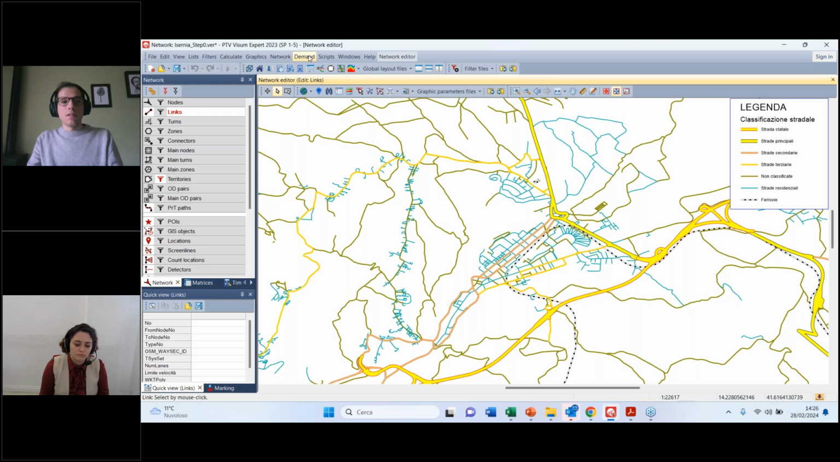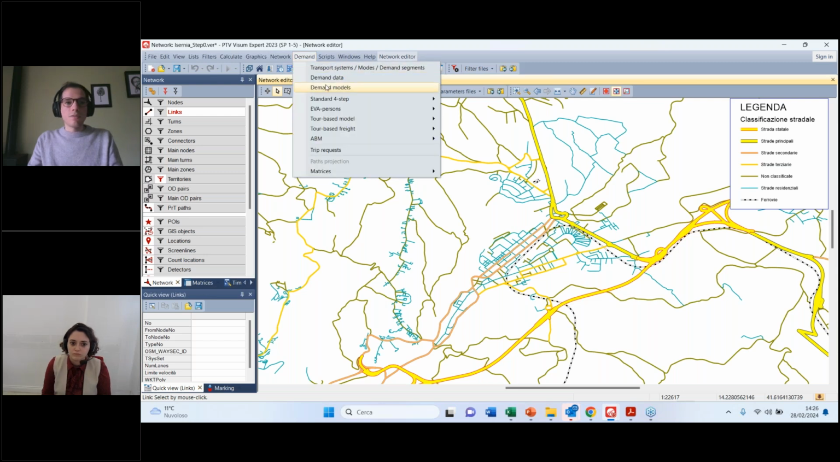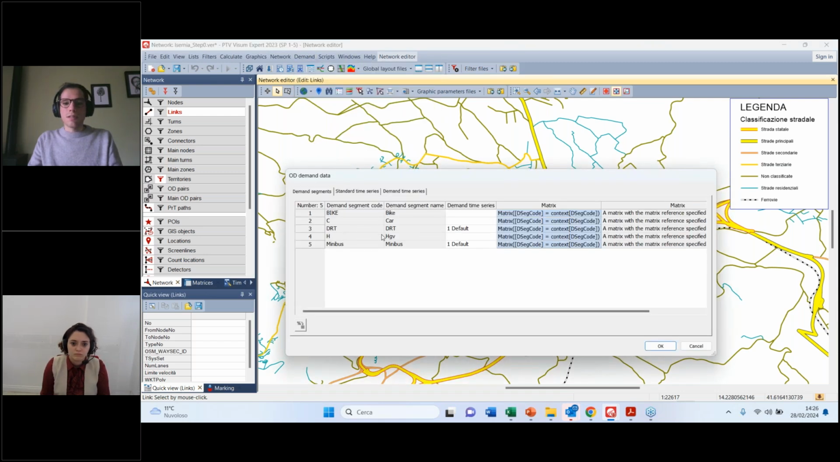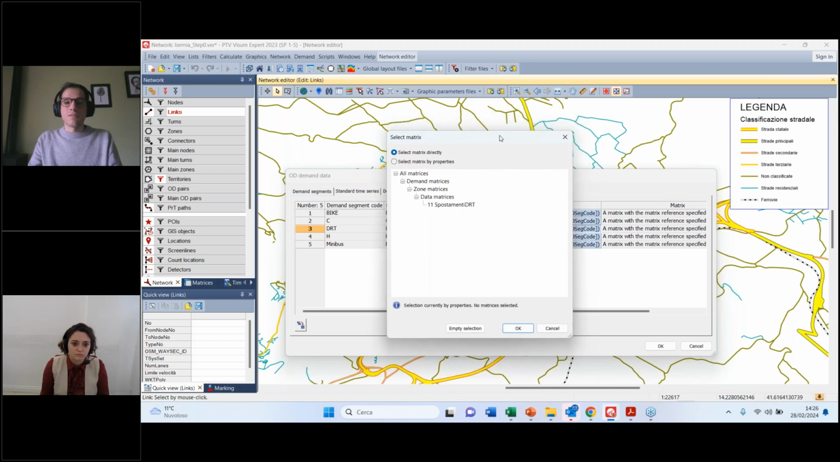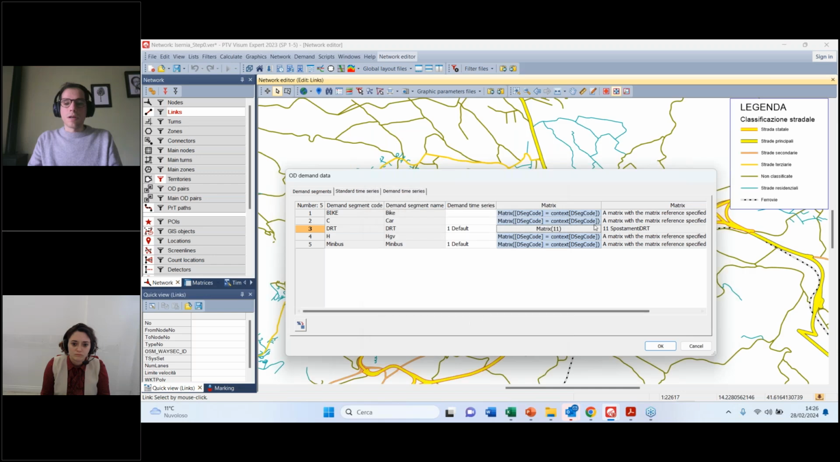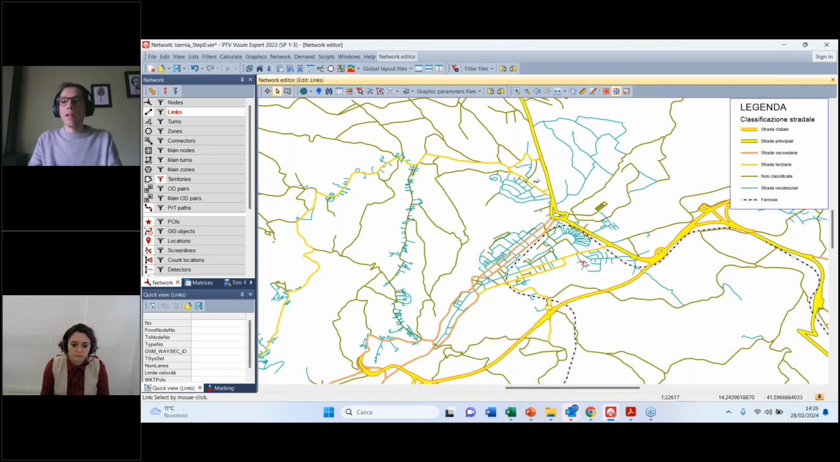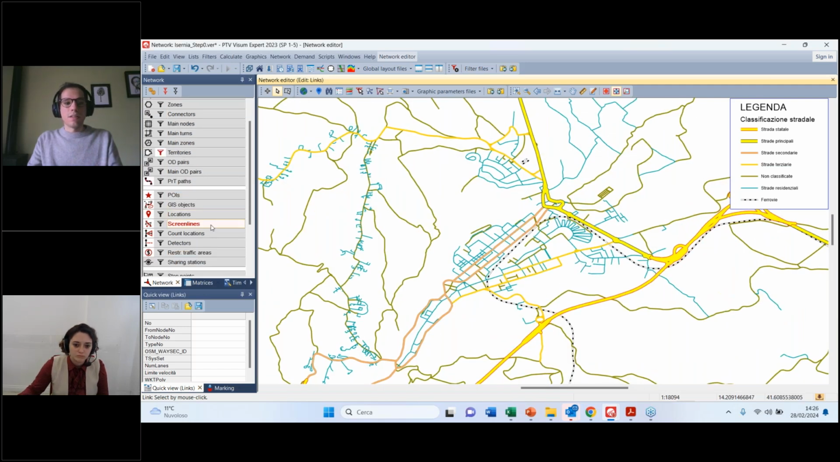Okay, once we have defined the two transport systems, think about the legs. The reason why we need two transport systems is that we have three legs: walk, minibus, walk. Now we have to allocate the matrix to the transport system. There is already a matrix that has been calculated from on-field surveys, so I just have to allocate this matrix to the DRT demand segment, as we usually do for all the Visum models. And now we can go on defining the